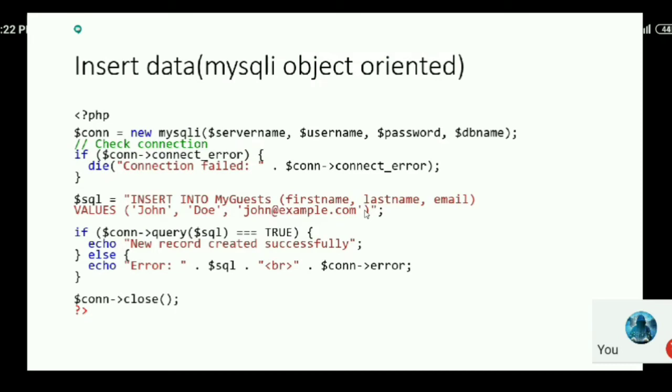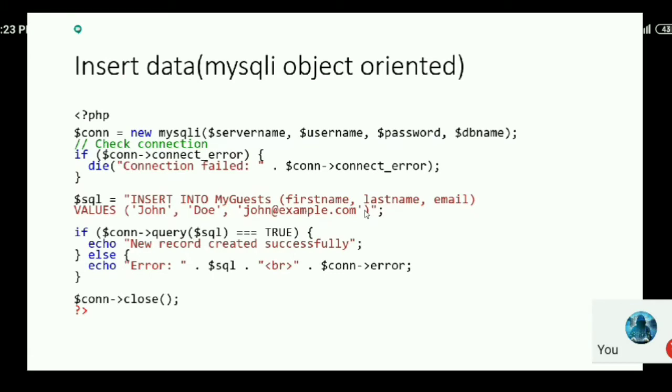Now again, to run the query, you have to use the connection and then use query. When the query executes successfully, it will return true. So either you compare with the value of true, or you can simply use connection query inside the if condition. If it is true, it will automatically run, so there's no need for comparison here. This is a high level structured code.